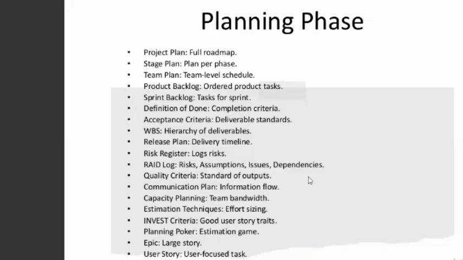Now, the definition of done defines the acceptability of the outcome of a sprint. So the outcome of a sprint must meet what we call the definition of done. It must meet the completion criteria before we can say this sprint is complete, this sprint was successful. So definition of done, or DOD as it is otherwise called, is just a completion criteria. We also have what we call acceptance criteria. Acceptance criteria is very easy because that one speaks to the acceptability.